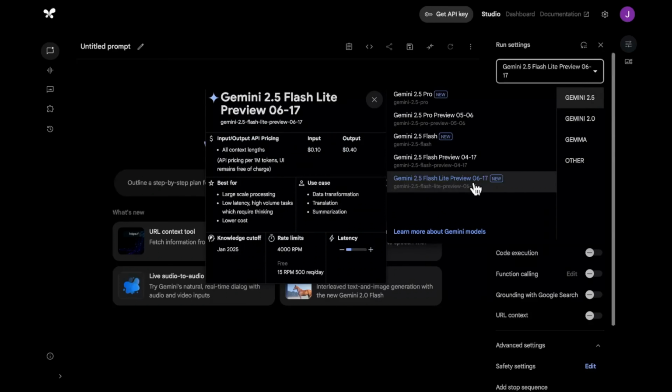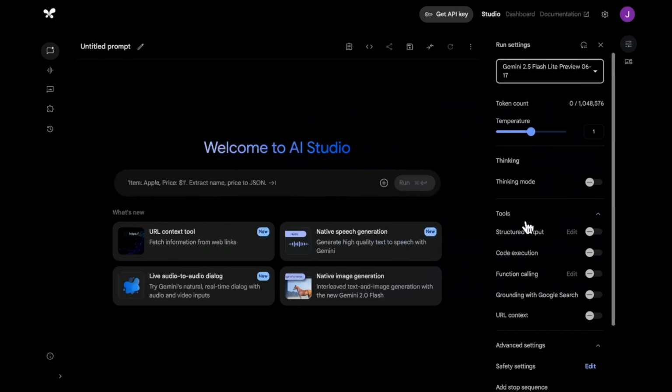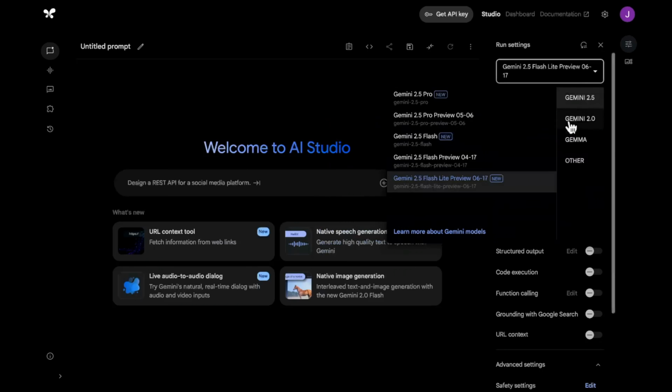So, other than Gemini 2.5 Pro and Gemini 2.5 Flash, we have yet another model in the Gemini 2.5 family, and that is Gemini 2.5 Flash Lite. It actually has two modes, that is thinking and non-thinking mode. We'll be looking at the non-thinking mode later, but in this video, we'll be comparing the thinking variant of